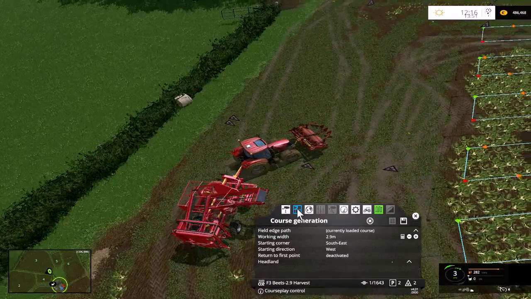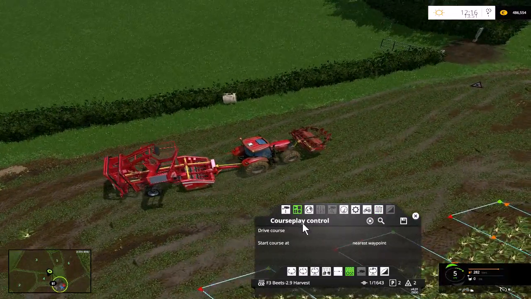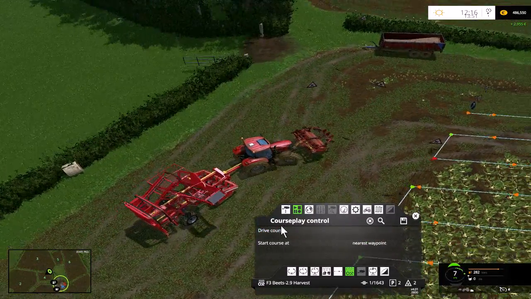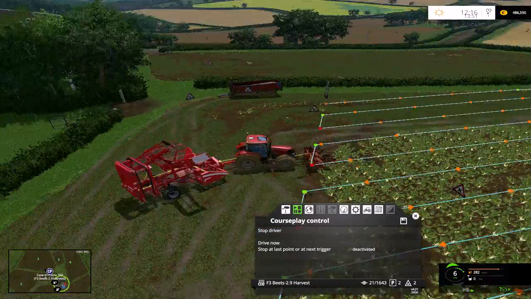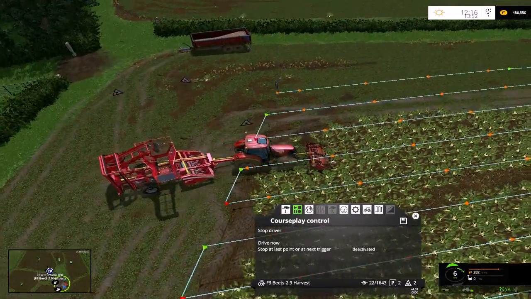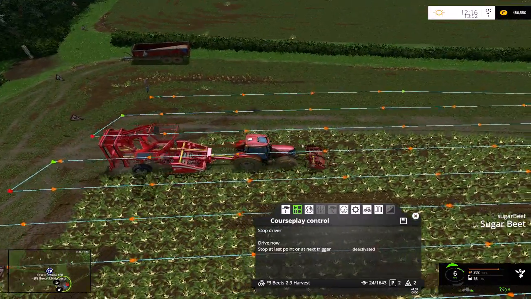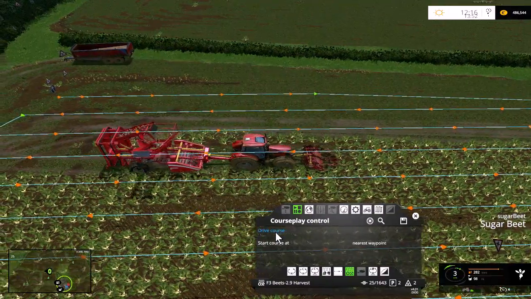Start of the course. See if it'll actually automatically start the equipment. Yes. So we are actually missing a line. So we're going to try and